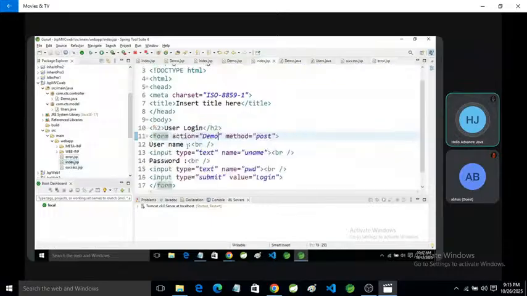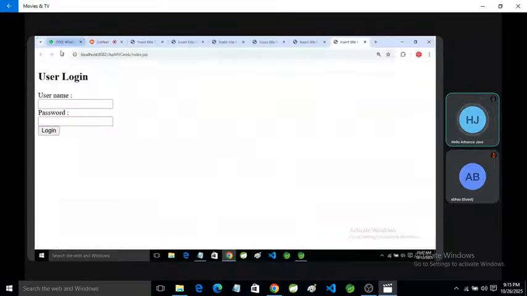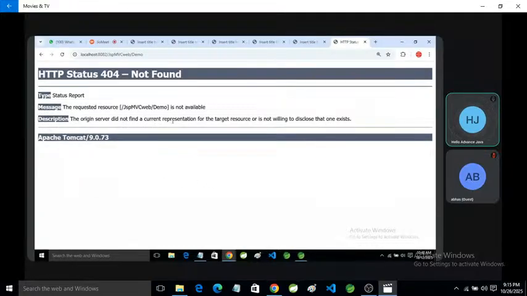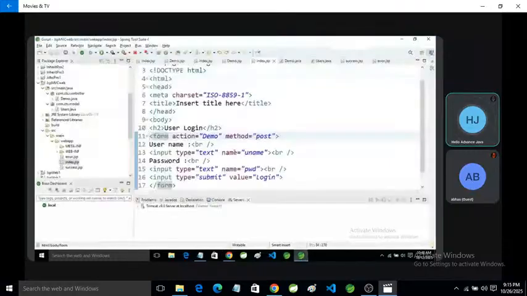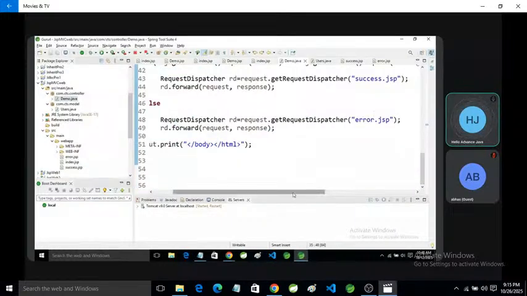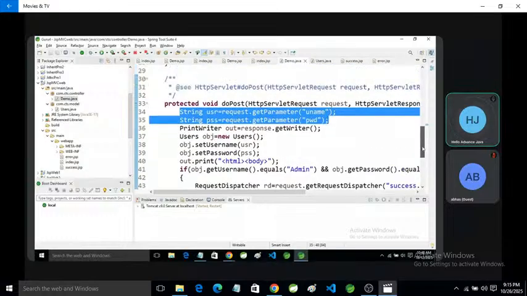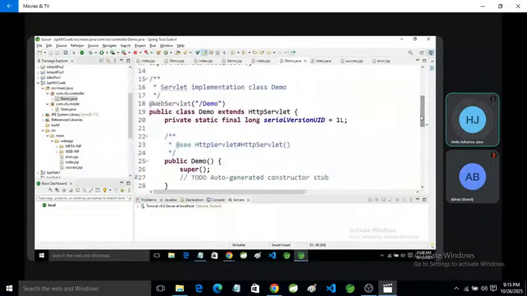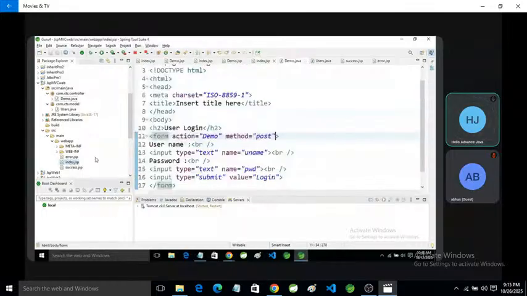For this purpose, I think I already executed the index. Here we can specify the values. Click on login, and it says demo is not available. I'm going to check here: it's the demo servlet. Yes, it exists, it is here.